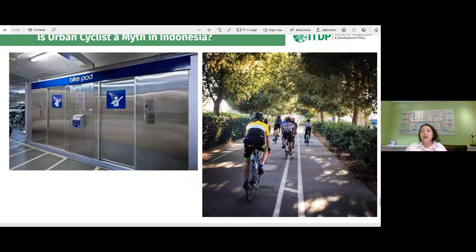Because again, weather is one of the reasons why people don't want to use the bike in the first place. So just provide what people need to encourage them to start cycling.